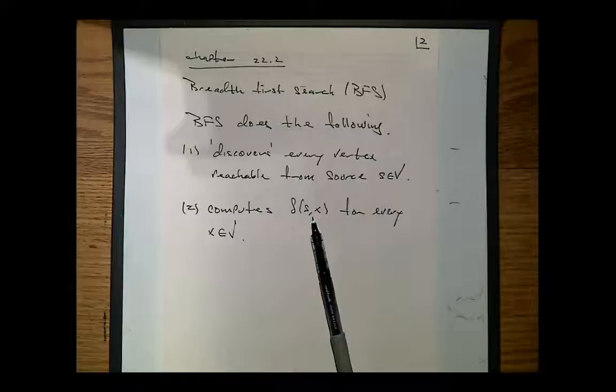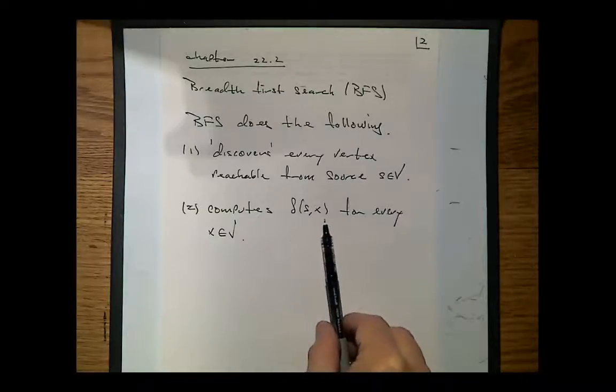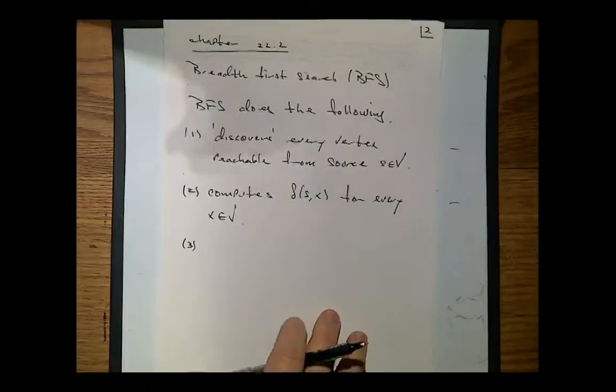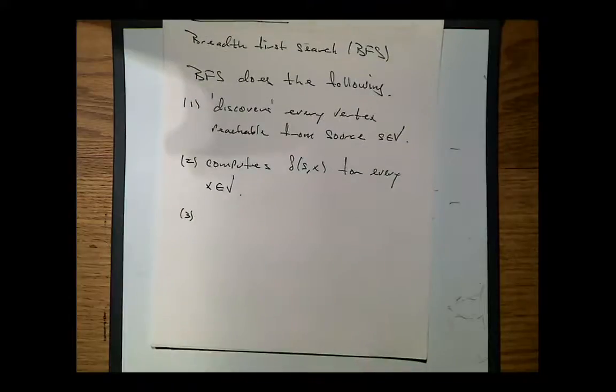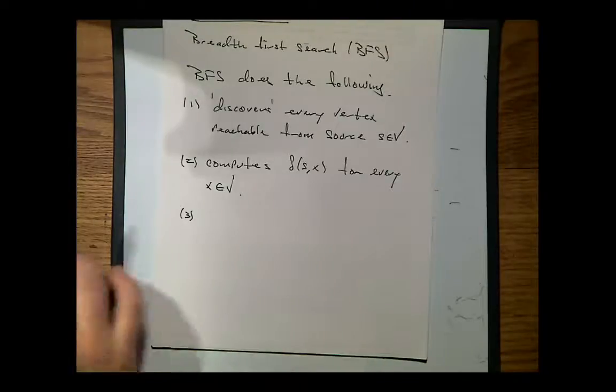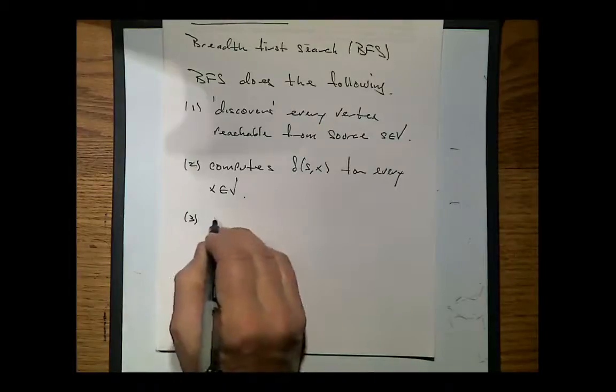Infinity, right? If you can't get from S to x, we defined its distance to be infinite. Now, it's got to solve the rest of the single source shortest paths problem. Namely, it's got to find the actual paths, and at least one path from S to x whose distance is this minimum value. So to do that, it creates